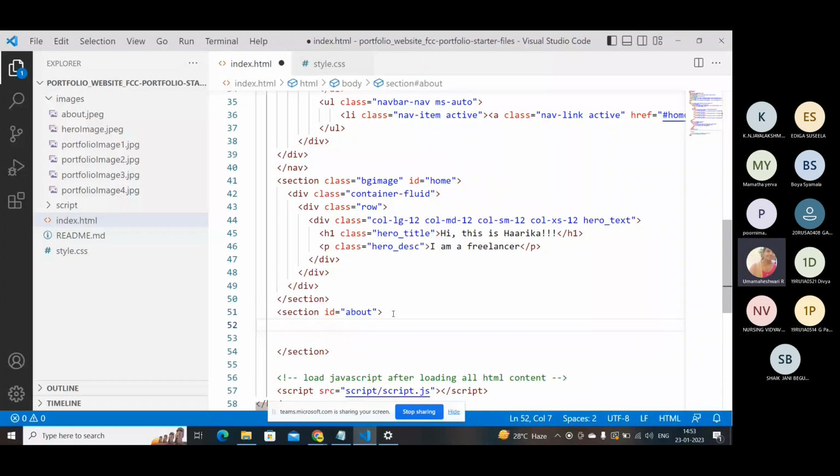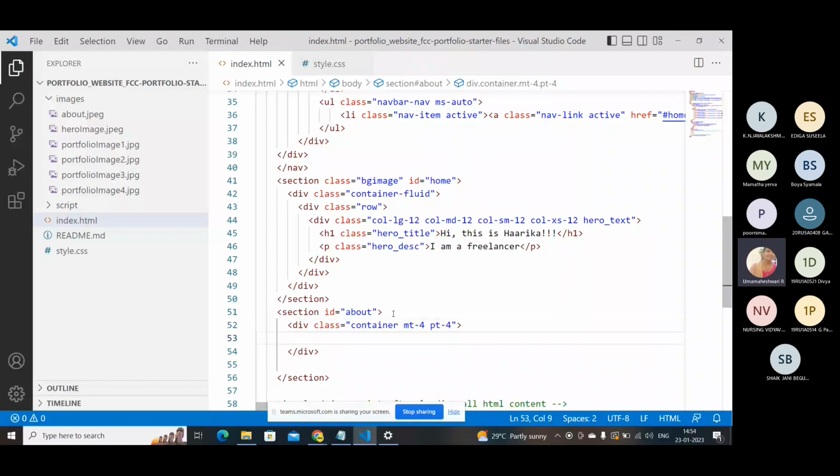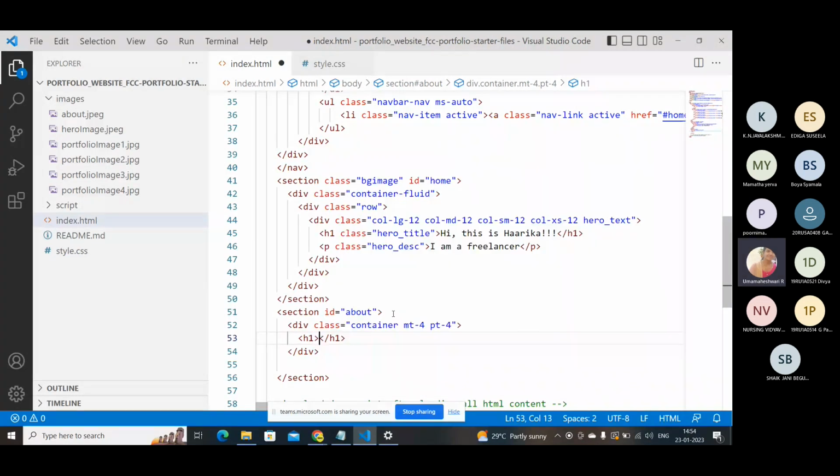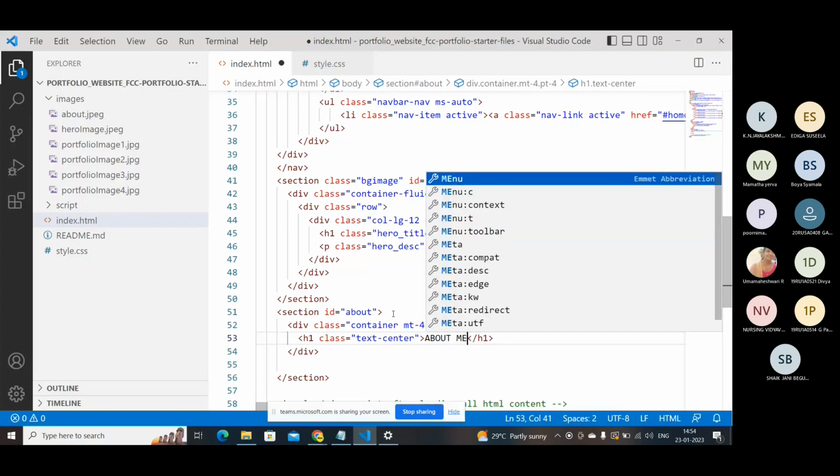So in div, the class is going to be a container. So in that container only you are going to put the about sections. Okay, so an empty form and pt form. Okay. Just close this. And here, first I am going to give the heading. So the class is mentioned as text center, and here I'm giving about me,